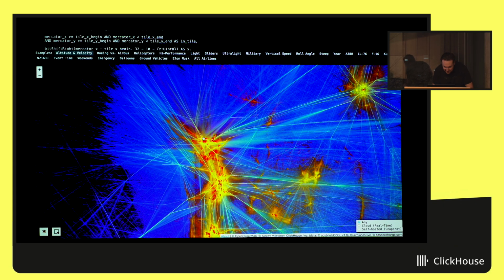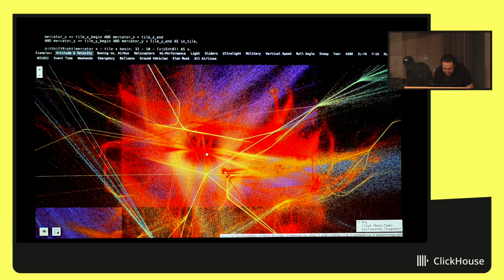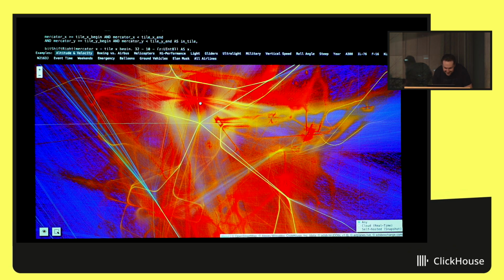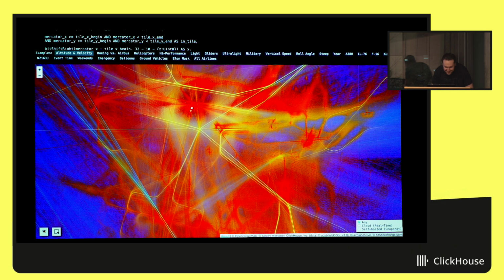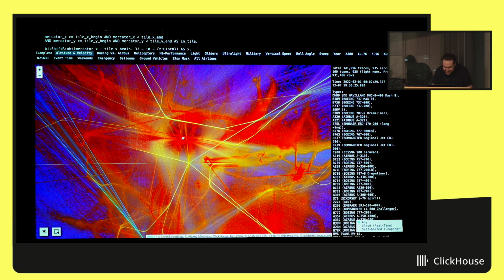One example, let's zoom in and see where is Seattle Tacoma Airport, where is whatever, I don't know which airports. Somewhere should be Vancouver.